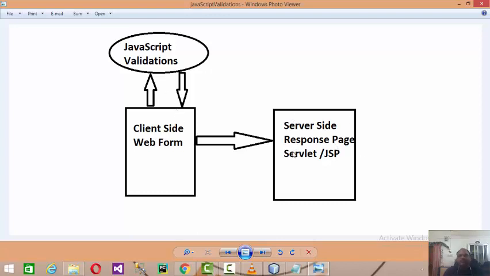Hence on the server side there are very few chances of exceptions, and the server will get that data in an appropriately formatted manner, and then it will be able to process the data on the server. So this is the purpose of validating data at the client side by using JavaScript.